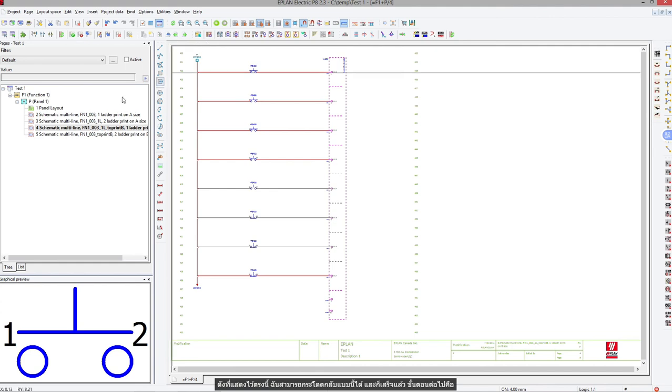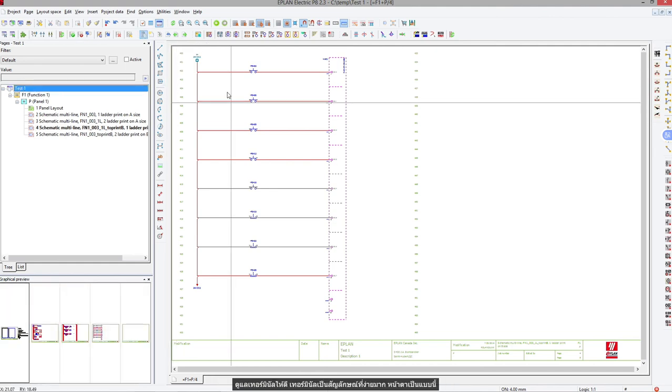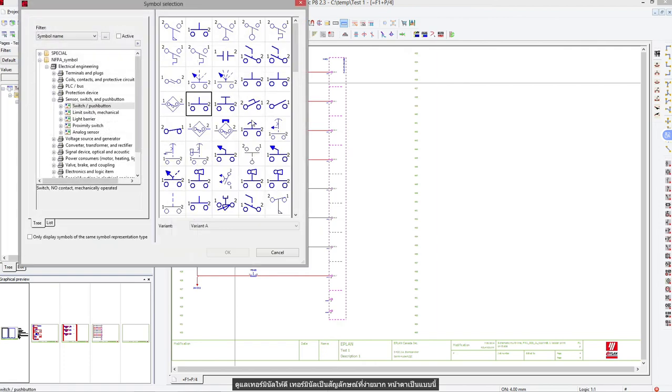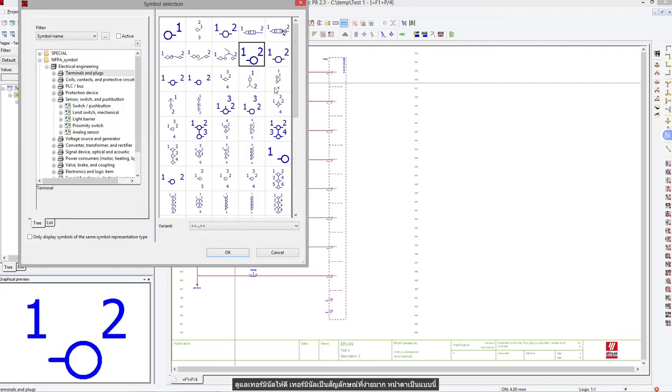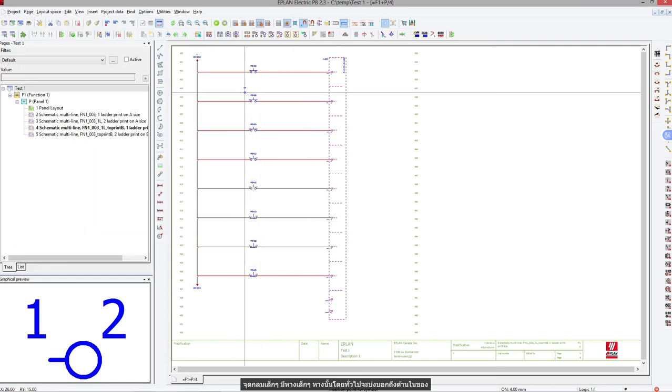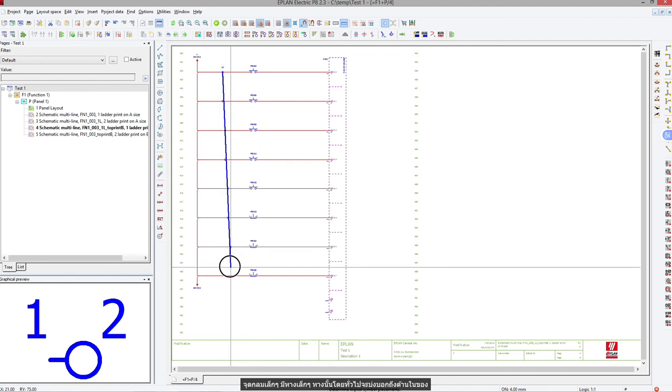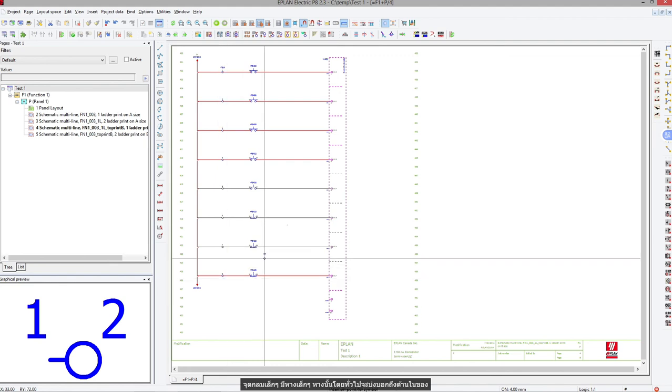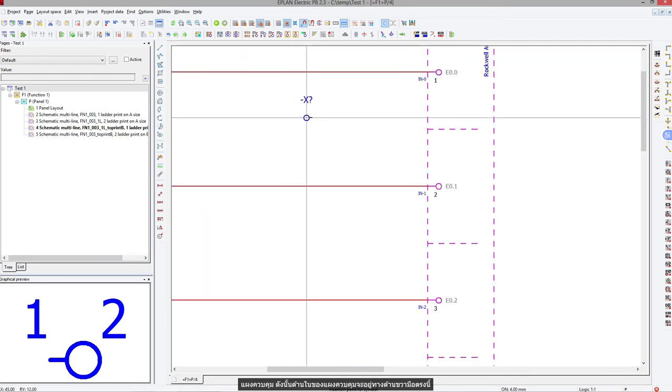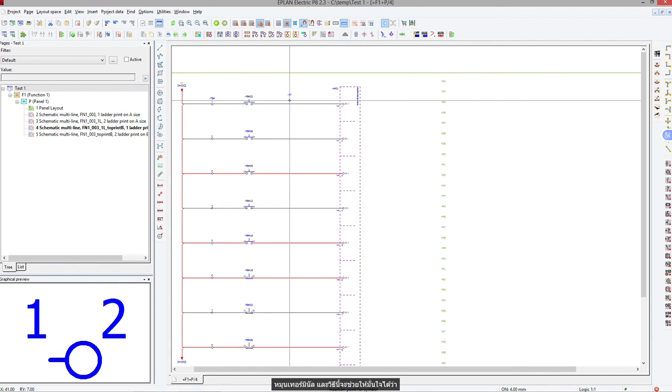Now the next step is to take care of terminals. Terminals are very simple symbols. They look like a small round dot, with a small tail. That tail typically indicates the inside of the panel. So the inside of the panel being on the right hand side here, I rotate the terminal,